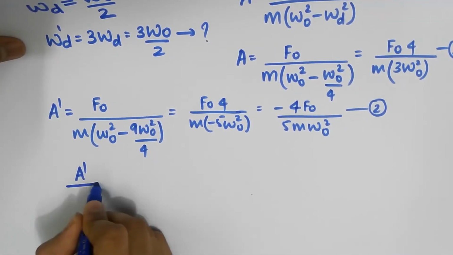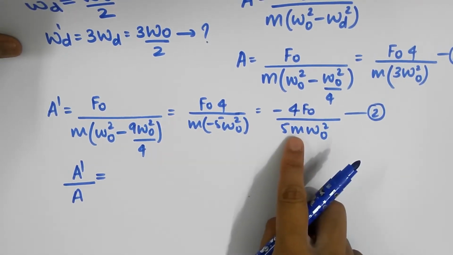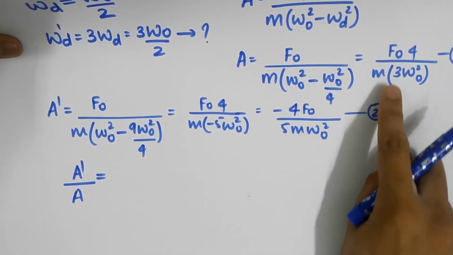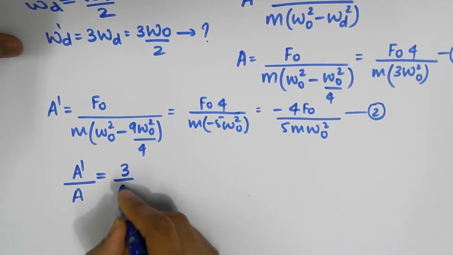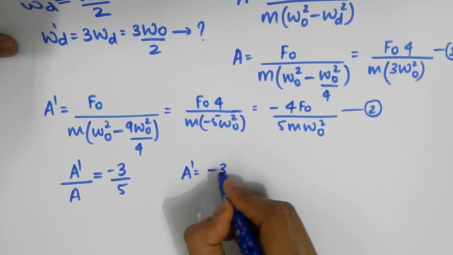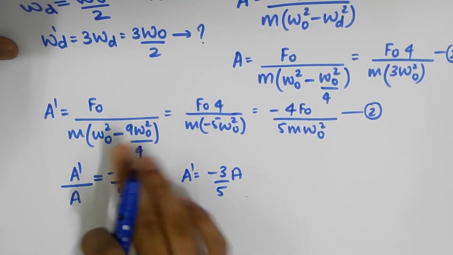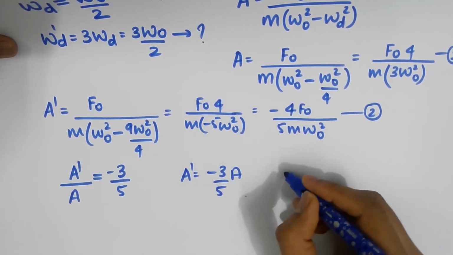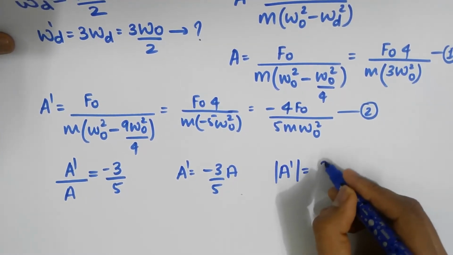So A dash divided by A turns out to be equal to, when you divide these two, f naught cancels out. You have in the numerator 3, in the denominator 5, and a minus sign. So A dash turns out to be minus 3/5 of A. The reason we have a minus sign is because there's a phase shift. We can completely neglect that. When I say amplitude, we basically mean the absolute value, and that turns out to be 3/5